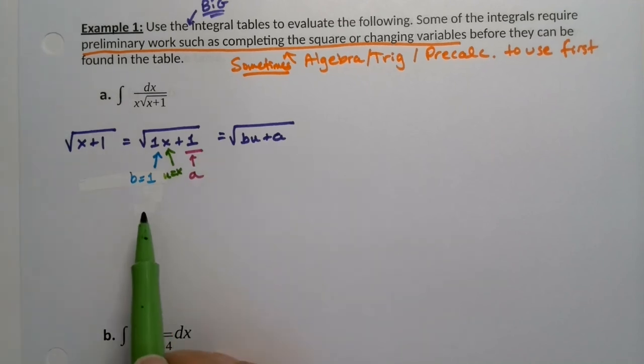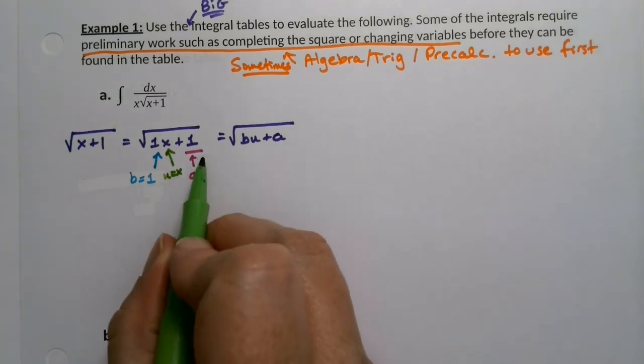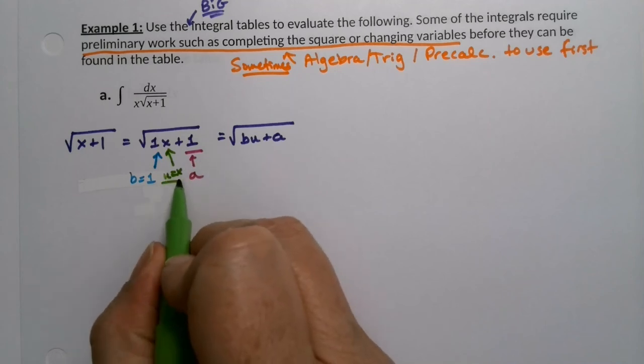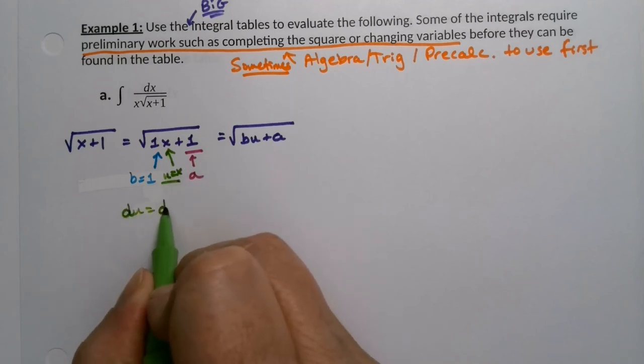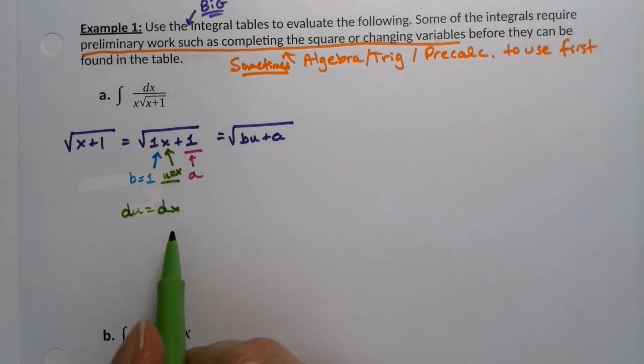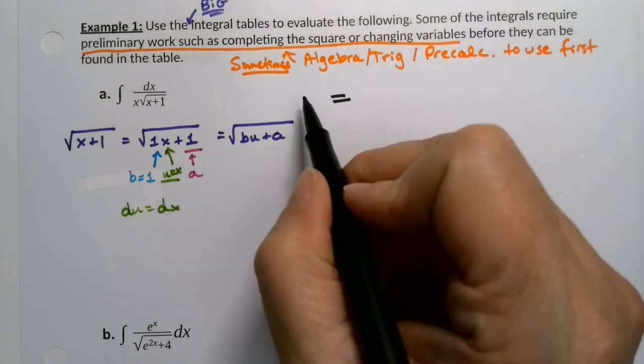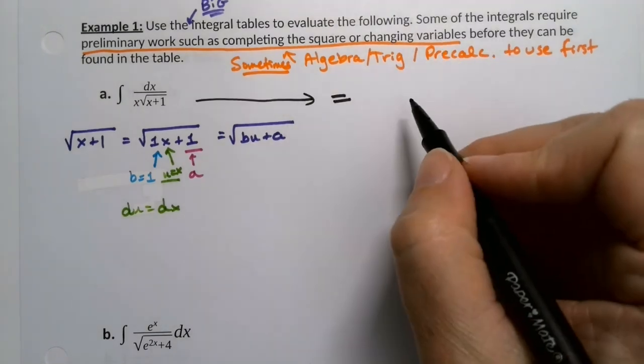We could, well, it would work the other way too, but it'll work out nicely this way. So that means that I can use number 19. I know that b is 1, u is x, and a is 1, and of course, if u is x, then du is dx. So that works out beautifully. That means that I can just use the formula. So my original integral is equal to